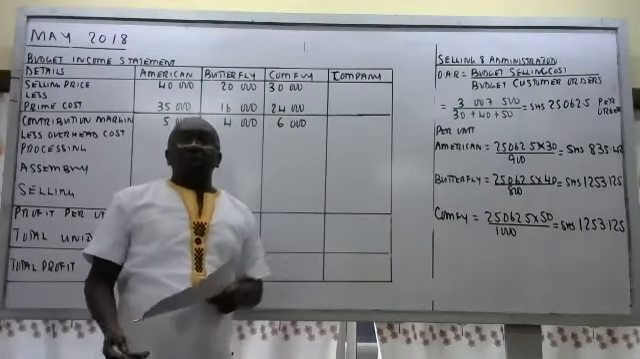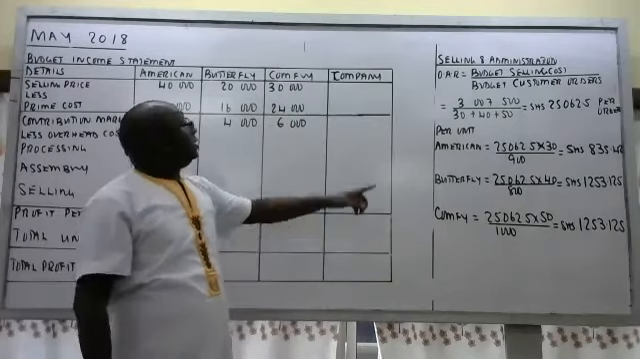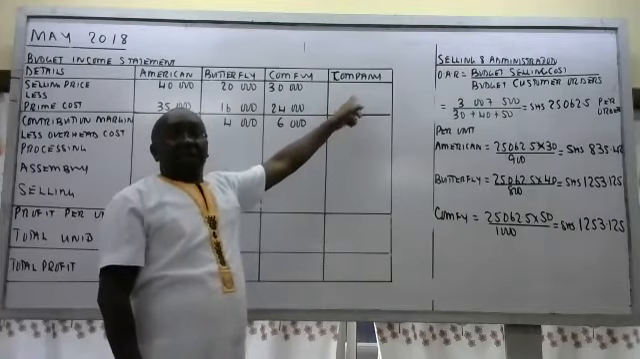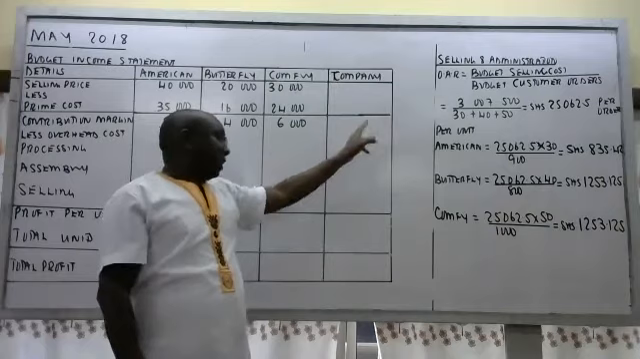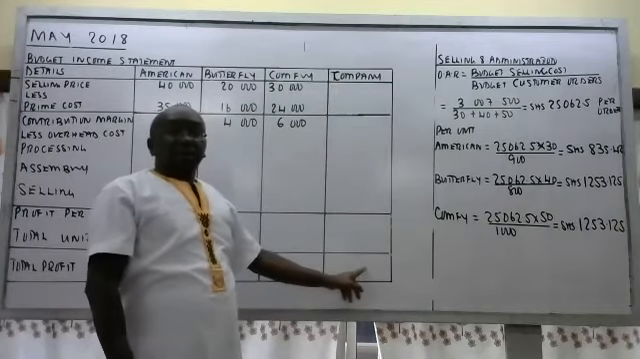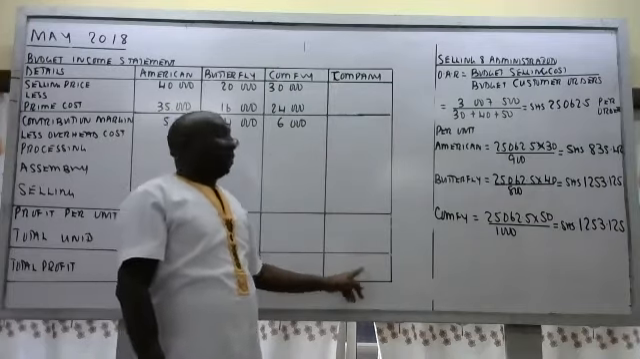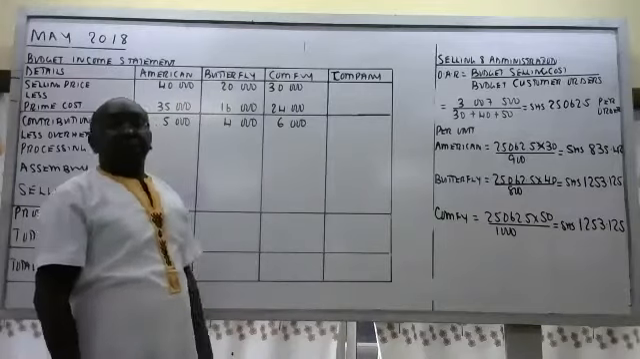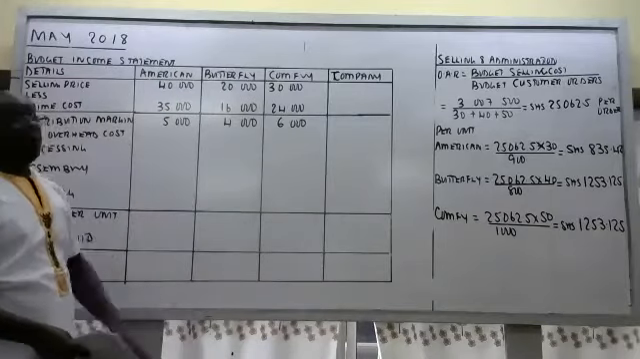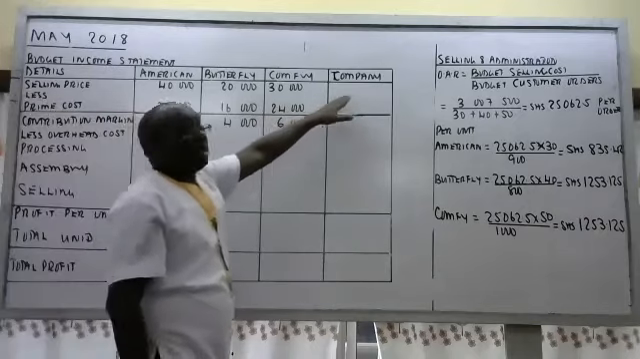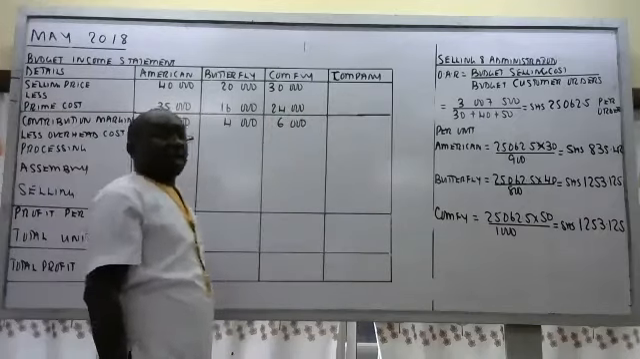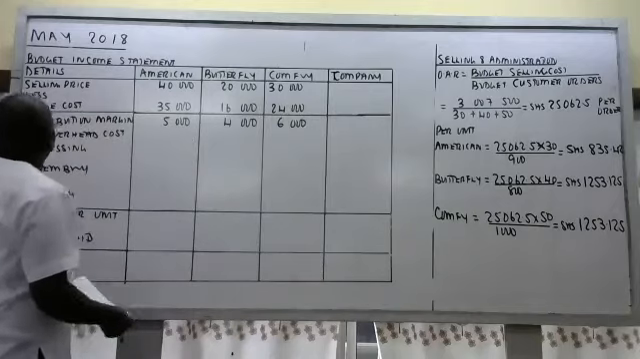Now, when you're doing per unit, you don't add to get the figure for the company, not unless you multiply with the units. So you only come to add down here. You don't add when you're doing per unit. But when you multiply by the units, then we add, like we did with the other. For the overhead,